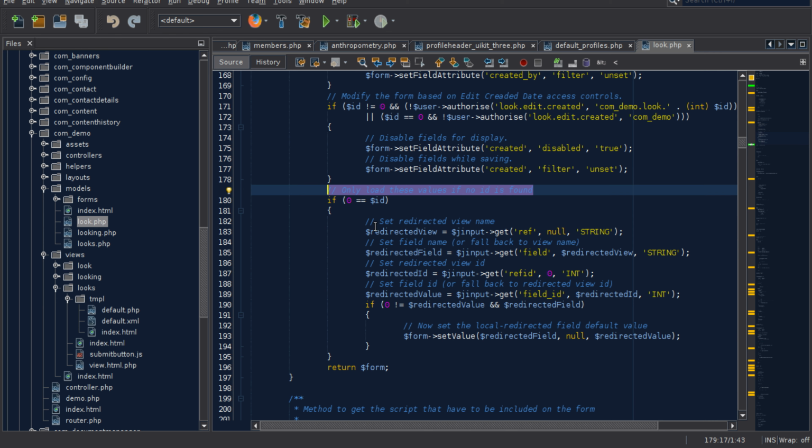So that means when a new look is being created from the front and there is no ID, there is a value ref and ref ID that some of you may be familiar with, which basically grabs a string from the ref and also grabs an integer, and these two values are